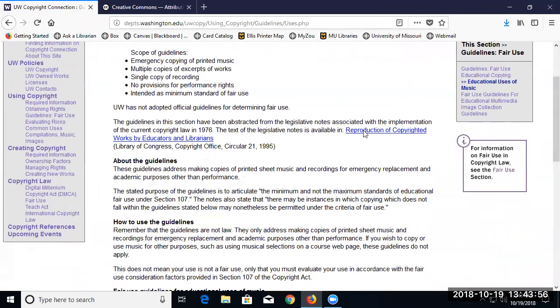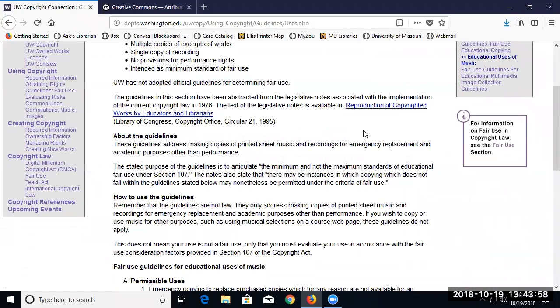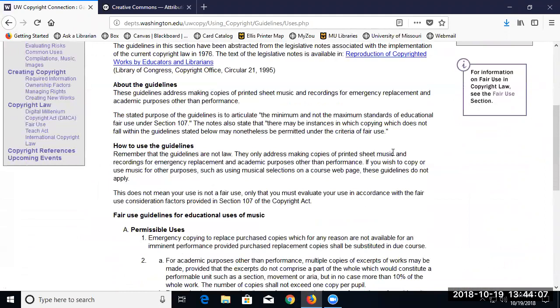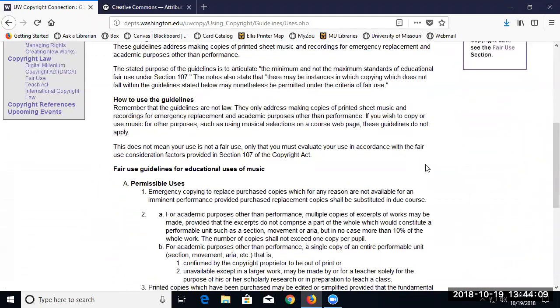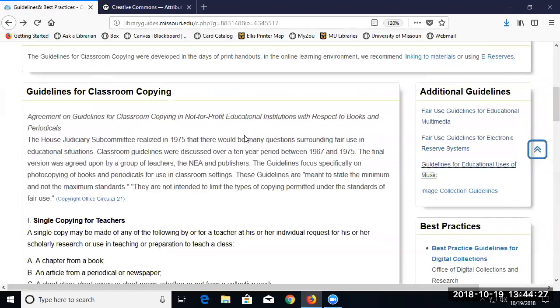So different groups have come up with guidelines to try to give people some more ideas. It doesn't necessarily mean that the publishers have agreed completely to these. So I think they're somewhat helpful just to get an idea of how the general academic community is interpreting things and what they're thinking about it. It doesn't have the same force as the law itself, but it might help your thinking about fair use to see this is kind of what other people in this field think about this. So that would be something to look into.